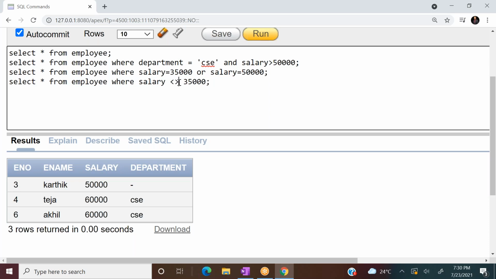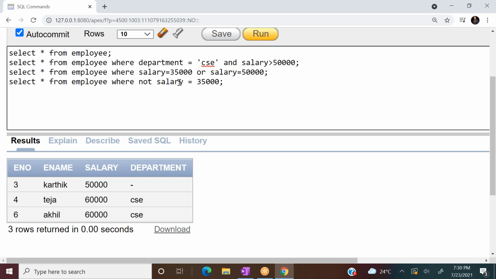Another one, you may write equal to only. But when salary equals 35,000, it is going to return true for the tuple, but it should return false. So you have to put NOT before the condition. If you put NOT before the condition, first the condition salary equal 35,000 is evaluated. If it is true, then NOT makes true false, so that tuple is not going to be selected.